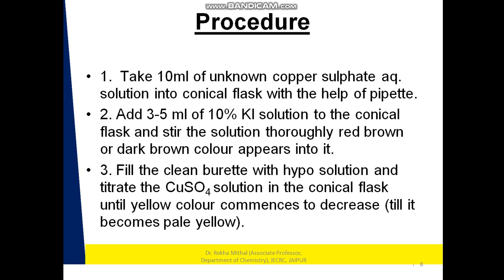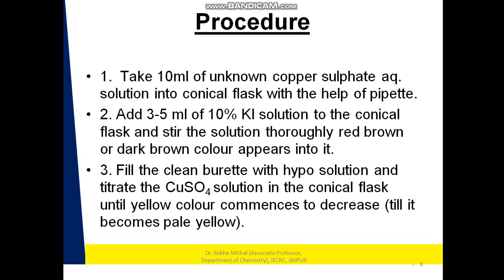Now come to the procedure. First of all, to start the experiment, we should know what steps we have to follow for the titration. Take 10 ml of unknown copper sulfate aqueous solution in a conical flask with the help of a pipette. Add 3 to 5 ml of 10% KI solution to the conical flask